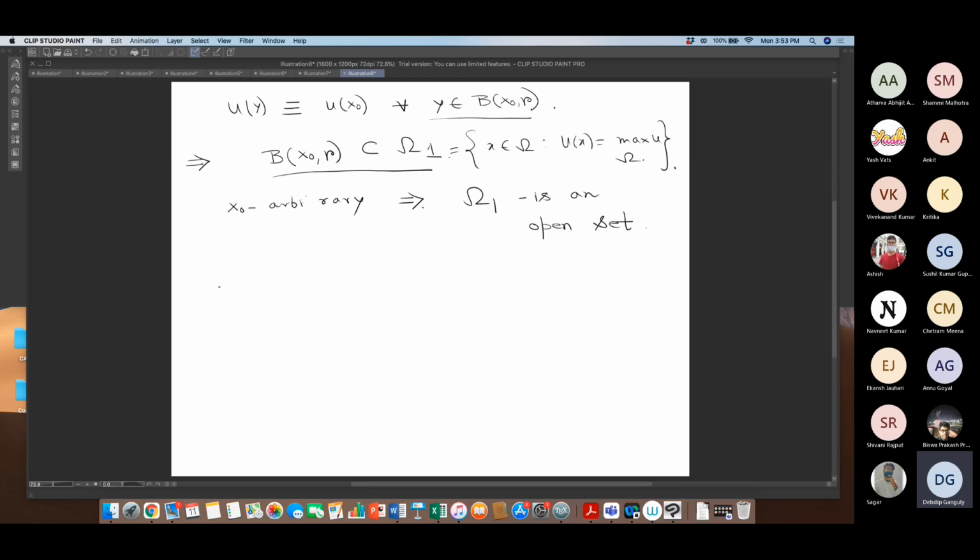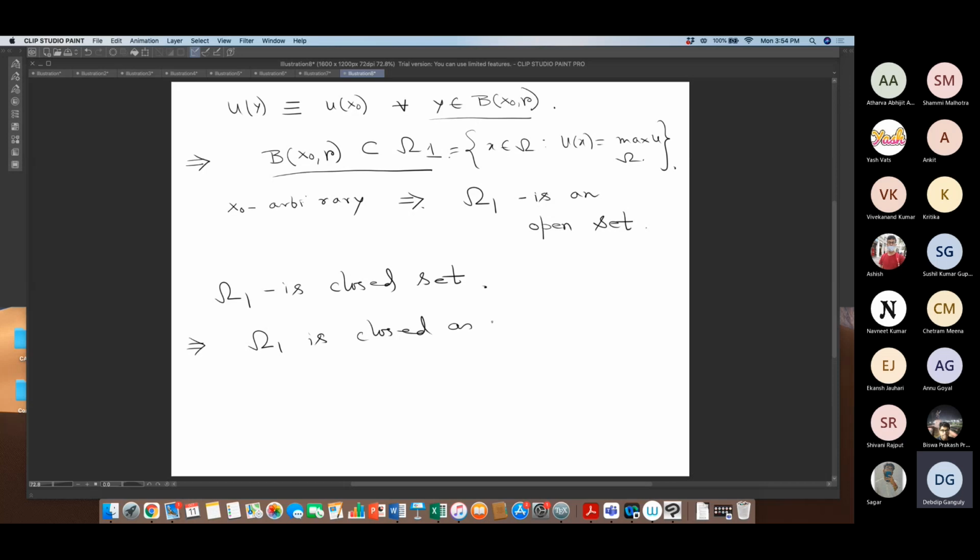Okay. Is omega 1 closed? For a continuous function, the set of all x such that f(x) equals some constant, the maximum of U in omega, is a constant. Omega 1 is also a closed set. Straightforward. Yes or no? It's a closed set, right? Omega 1 is a closed set since U is continuous. Yes or no? Yes. So these imply omega 1 is closed